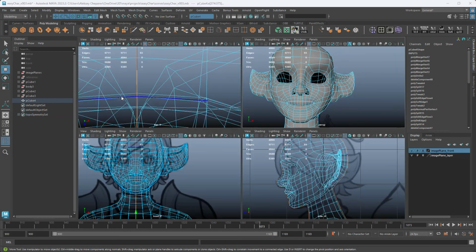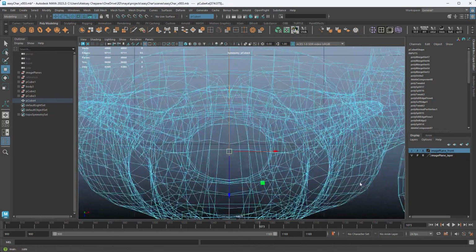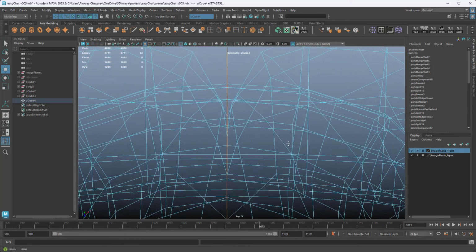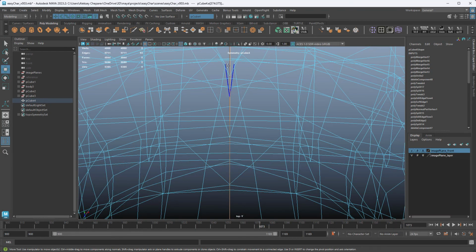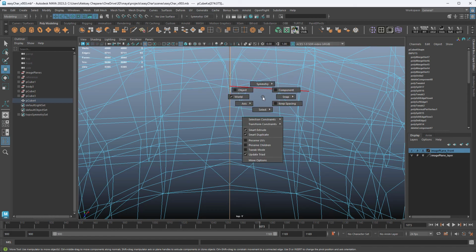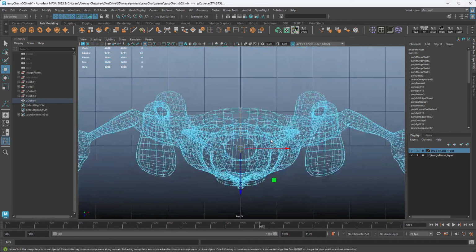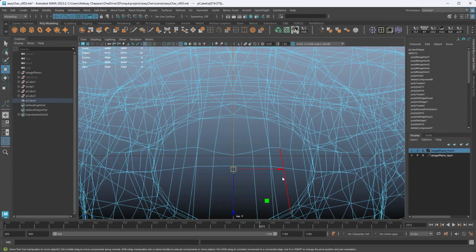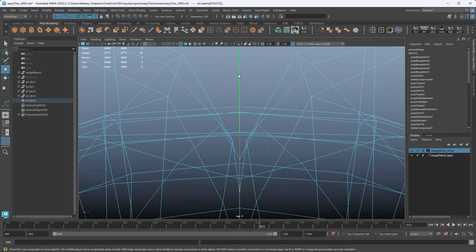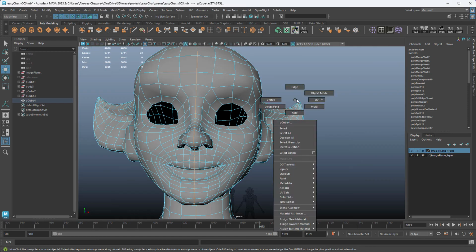The center line is not symmetrical, so I'm going to make the center line symmetrical. The way I'm going to do that is I'm going to double click it, hold Control Shift, right click, turn symmetry off, hold Control Shift again, right click, make sure keep spacing is off, and then I'm going to select world space. Now if I select the move tool, hold X, and then using the red arrow I can snap the center line to the grid. That makes it perfectly symmetrical.